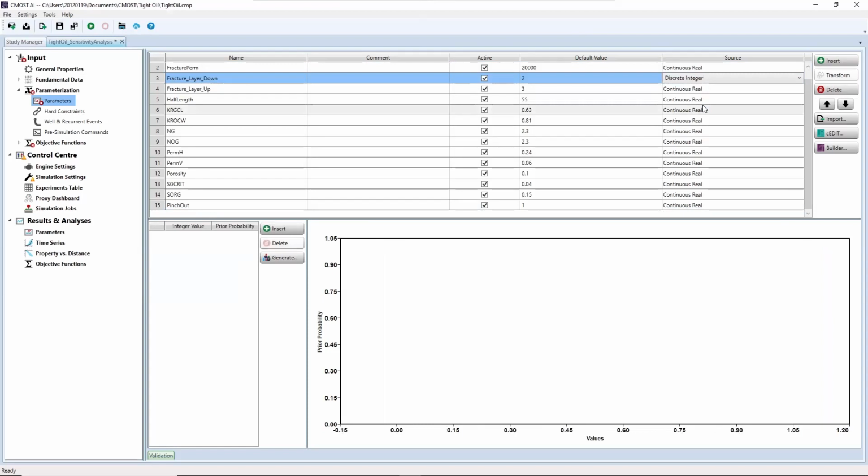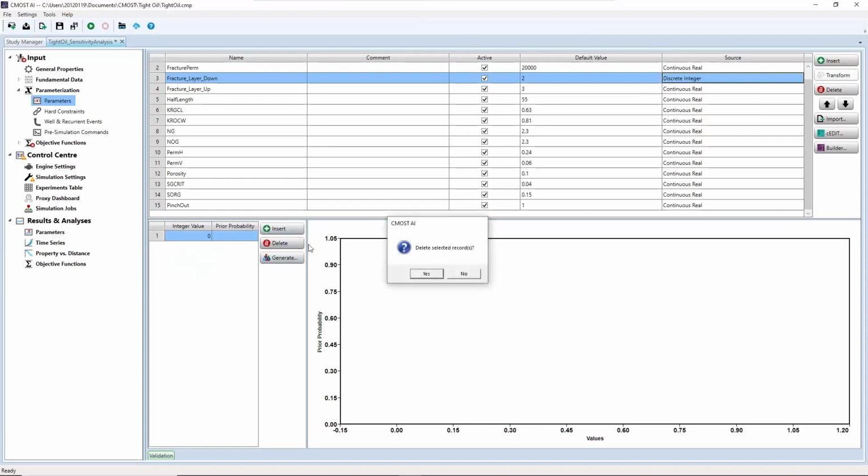The number of the layers must be a discrete integer number. So the visualization changed to this one, integer value and prior probability. So click on Insert